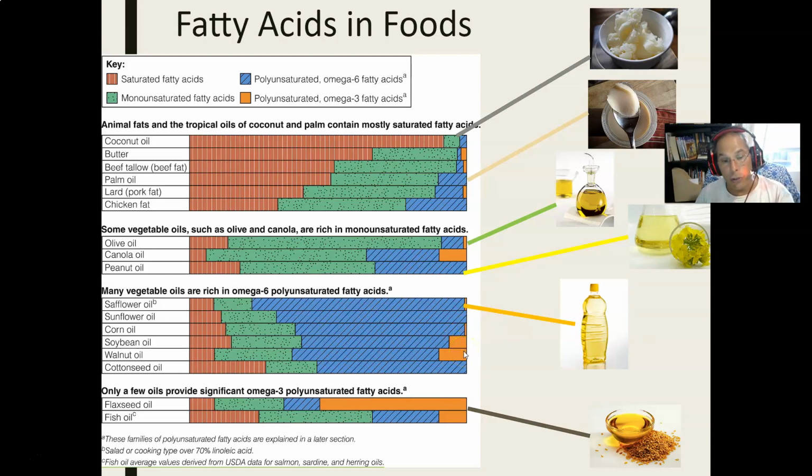You could use walnut oil, or you could eat walnuts. That's probably the better way to go. Flaxseed oil has a ton of omega-3, and then fatty fish does. So we've got fish, flax, walnut, soybean, canola, and then I would put a comma there, chia seed, hemp, and a couple others. Avocado does not have omega-3. Almonds do not have omega-3. The problem with the omega-3s is there's not a lot of them. Foods that have omega